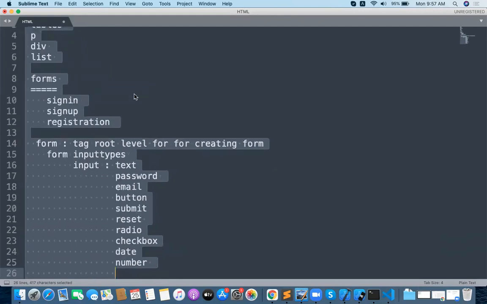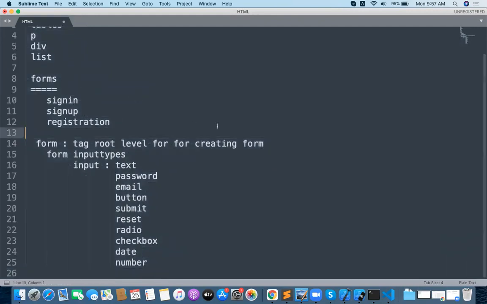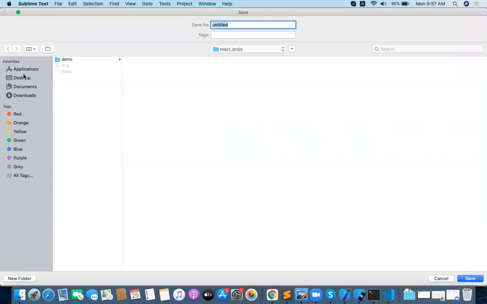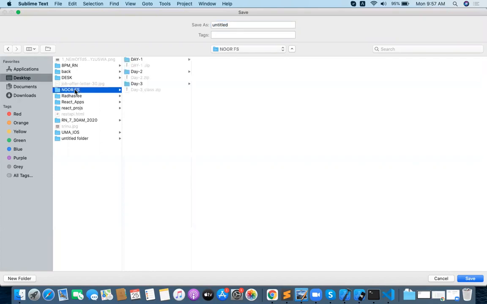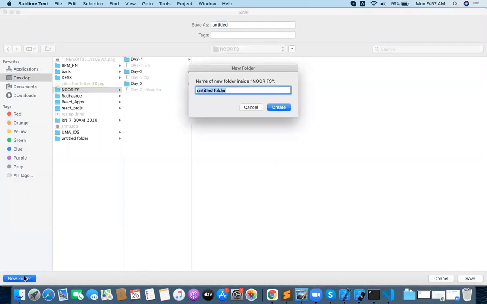Before going into all those things, I want to create a simple form for you. One more tag available in the form is called fieldset. I will give you a new program now, saved in a new folder, day 4.